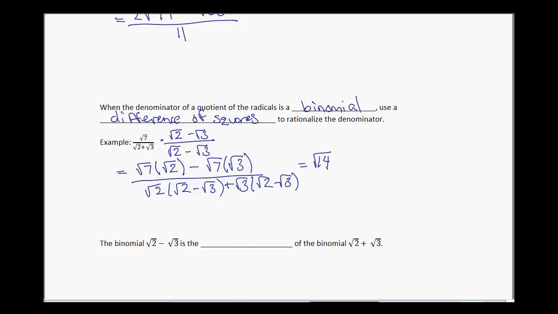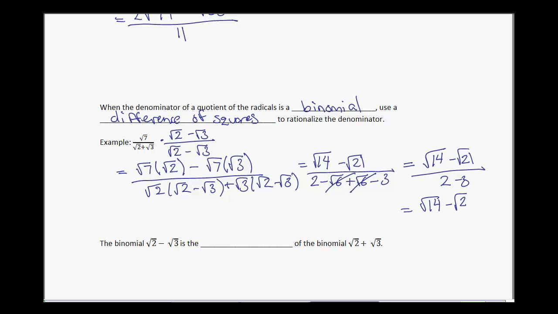This simplifies to root 14 minus root 21 divided by 2 minus root 6 plus root 6 minus 3. And our root 6's are going to cancel out nicely, and hence we're left with root 14 minus root 21 divided by 2 minus 3, or root 14 minus root 21 all over negative 1, leaving us with no radical